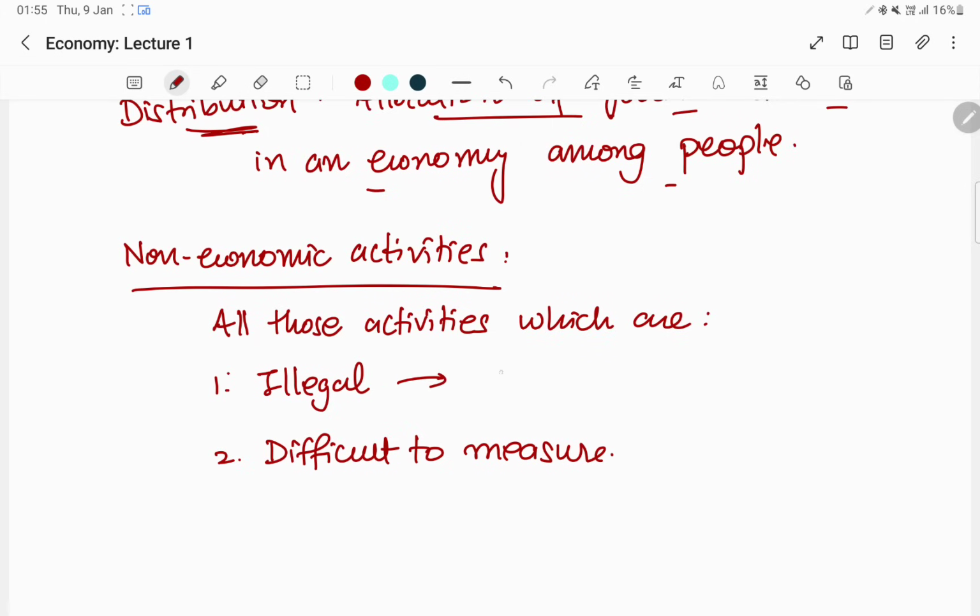Illegal, you understand, right? If gambling is illegal in your country, then gambling will be a kind of illegal activity in that particular country, right? So all illegal activities are non-economic activities. And difficult to measure means what? All production of services